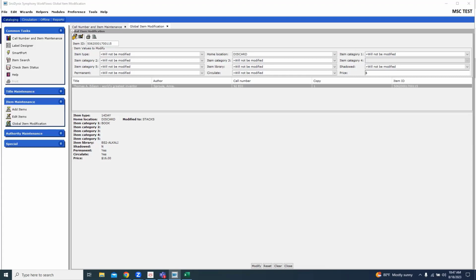Okay. Any questions about global item modification or batch change requests? For example, if you're doing an inventory, and I know a lot of schools tend to do that right before the summer, which we applaud you, by the way. Some libraries never do an inventory, which is not recommended. But if you plan to do an inventory of your whole collection, for example, definitely open a ticket. And we have an article on this. Questions we'll ask you,